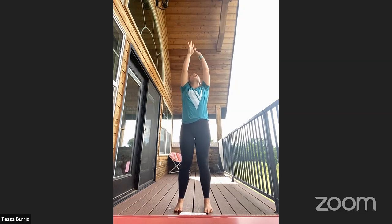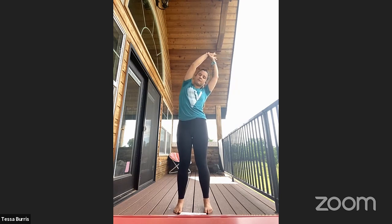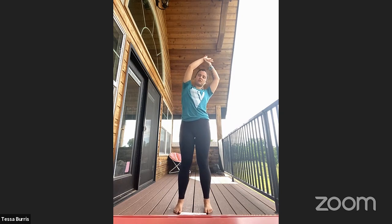And whether you're seated or standing, on your next inhale, lift your arms over your head, palms touch. Look at thumbs. Left hand grabs right wrist. Exhale, reach over to the left side of your body. Your arms can stay extended over your head, rolling your shoulders down your back, finding that stretch on the right